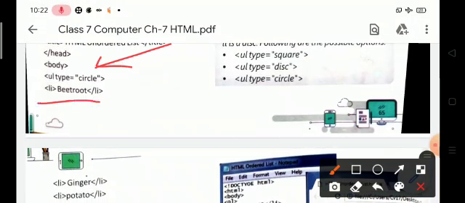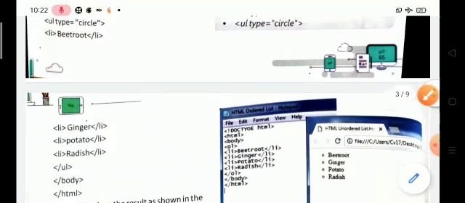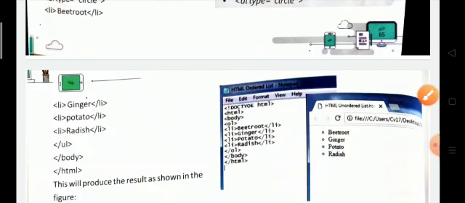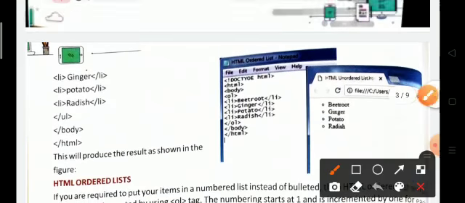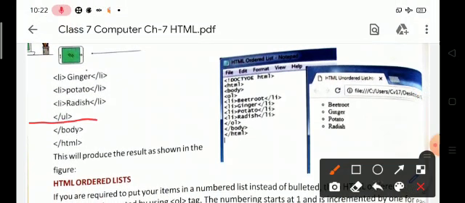Here we create a list. My first item is beetroot, second is ginger, third is potatoes, then radish. These are the list items, and here we close the UL tag. Now we close the body tag, and finally we close the HTML tag.